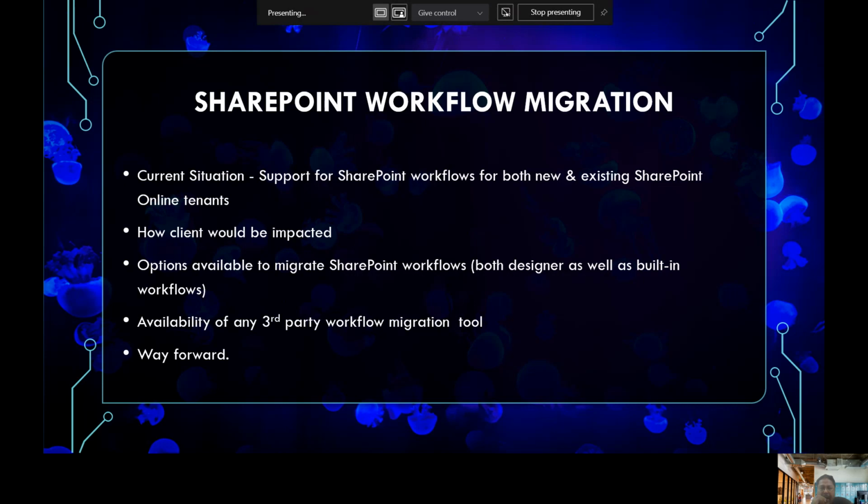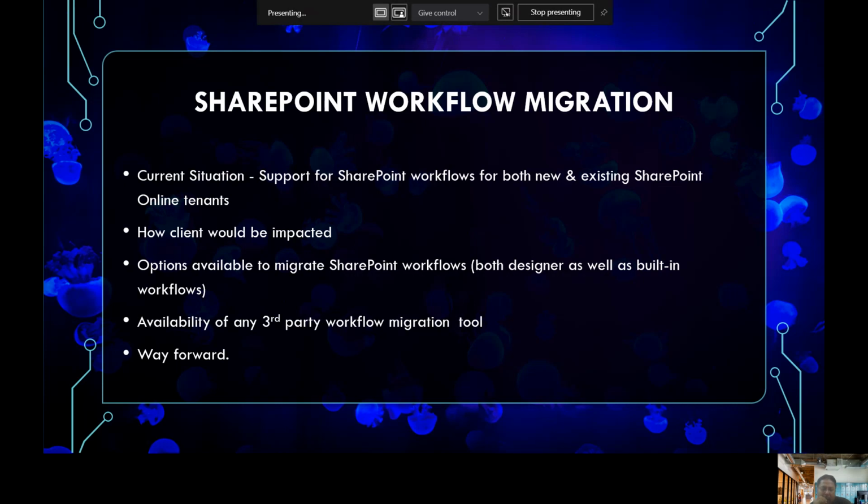Another question that comes to our mind is what are the options available to migrate SharePoint workflows? To answer this question, I would like to mention that as per Microsoft direction for Office 365, there is no third-party SharePoint workflow migration tool available in the global market. So unfortunately, we are left with only one option currently, which is recreation of the workflows using Power Automate.